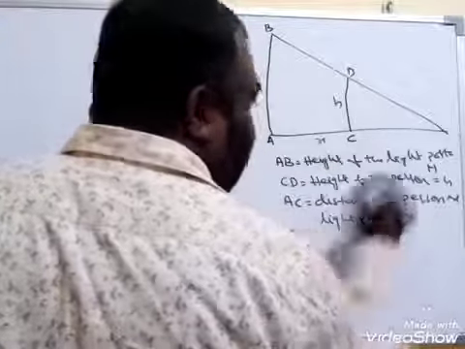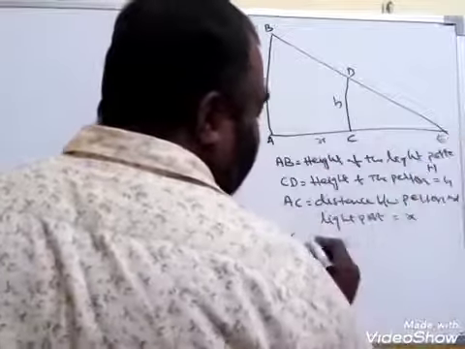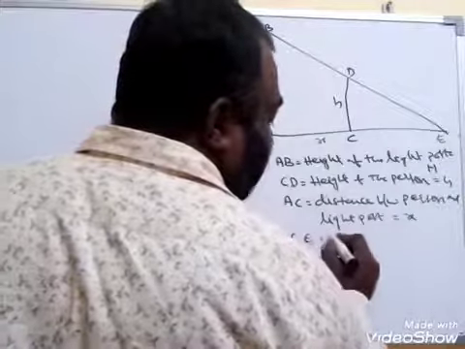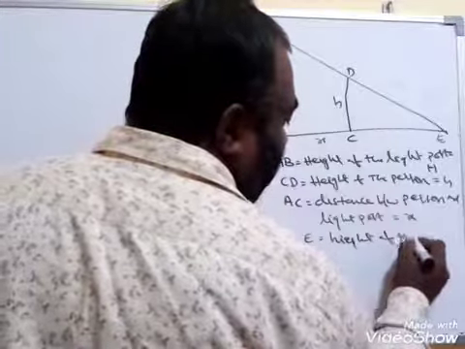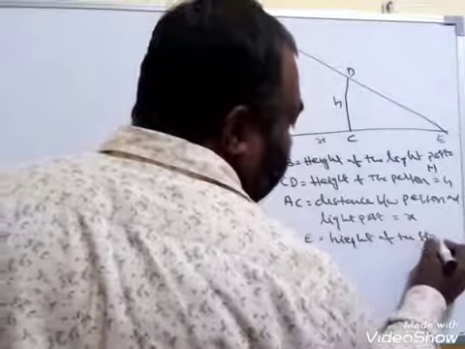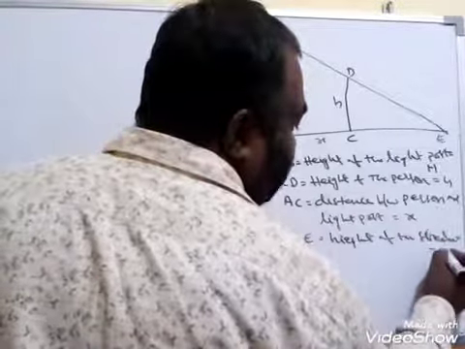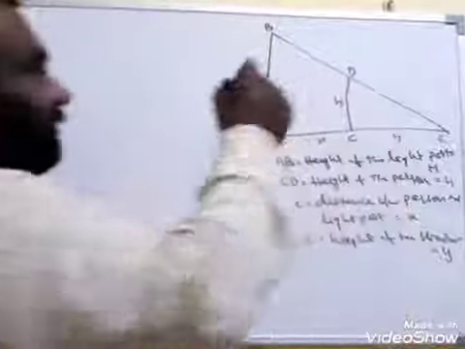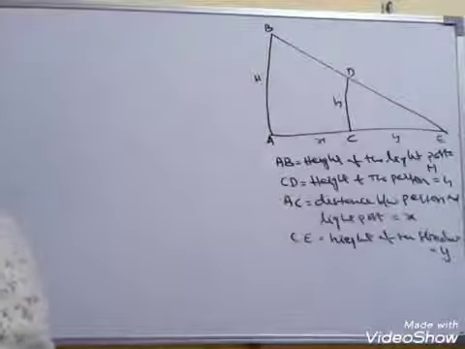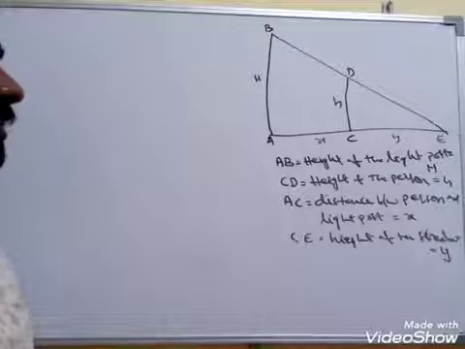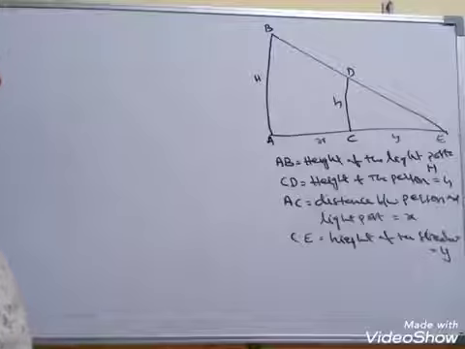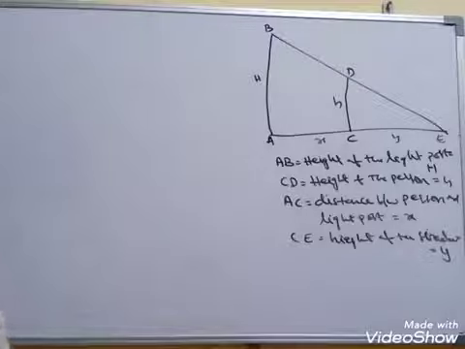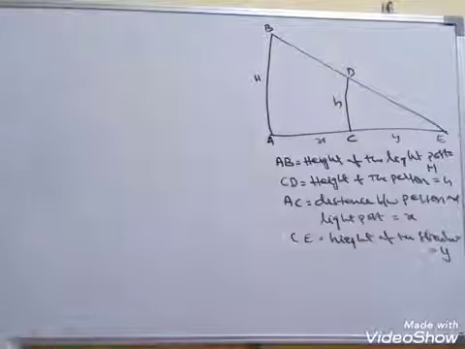And C, I am completing with this one as E. Now CE is equal to the length of the shadow. I am writing this as Y. Now capital H is given, small h is given, small x and dx by dt are given. Now we have to find dy by dt. Before that we have to derive the relations.